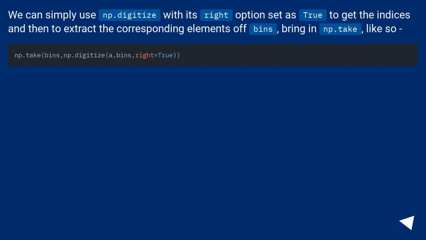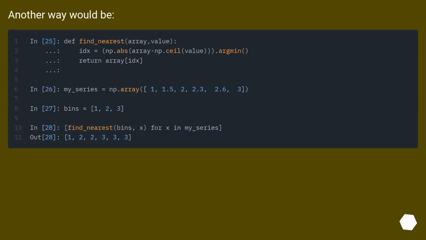We can simply use np.digitize with its right option set as true to get the indices, and then to extract the corresponding elements of bins, bring in np.take, like so. Another way would be